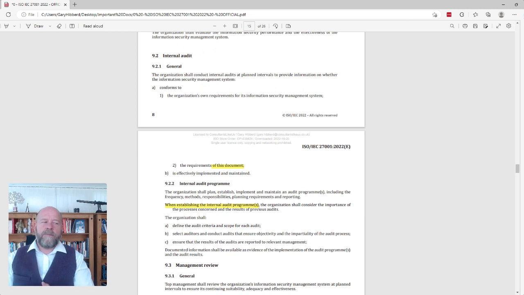What that means is that you don't just simply look at the standard and say, okay, I'm going to go from section 5 policies and then jump right to the very end and talk about technical controls, because we're going to start at 5 and work through each of the sections, section 6, section 7, section 8, and so on. No, what you need to do is consider the risks to your organization.